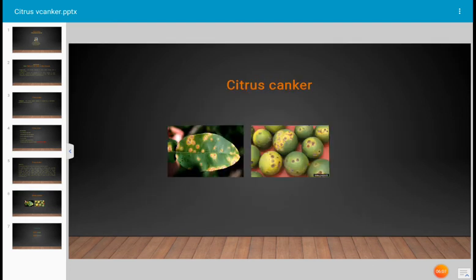These are the symptoms of canker disease, which is caused by the pathogenic bacterium known as Xanthomonas citri, and the host is the lemon plant. This is all about the practical. Even during the practical, you just have to observe the citrus canker, because as per the UGC syllabus, only observation of this pathogen is given. There is no instruction for isolation of this pathogen. Just observe the specimen, and write all the details of the pathogen as well as the symptoms.